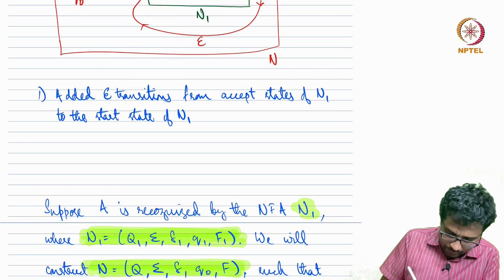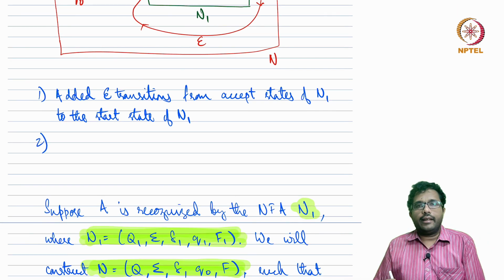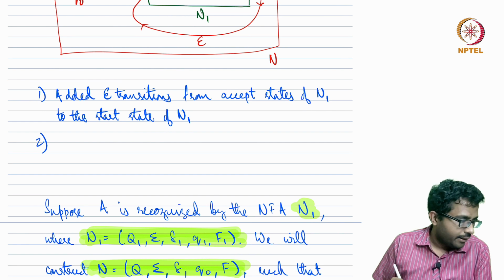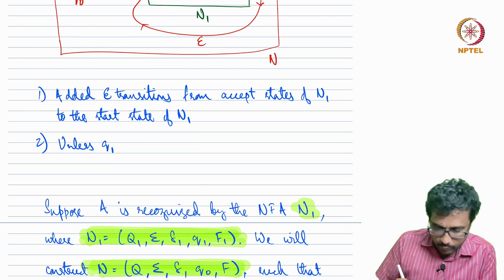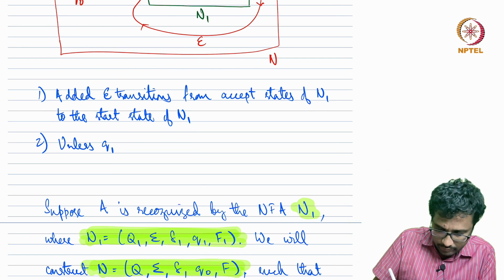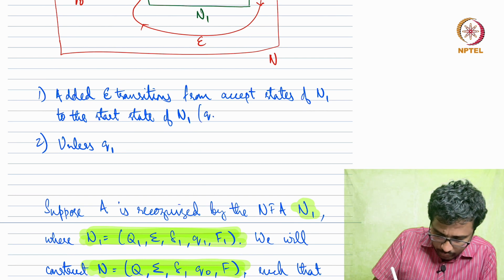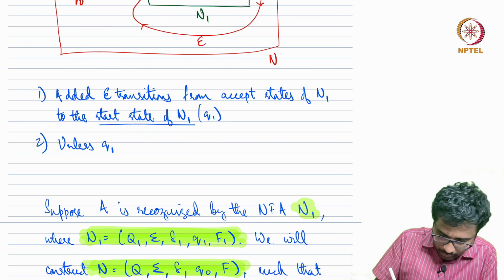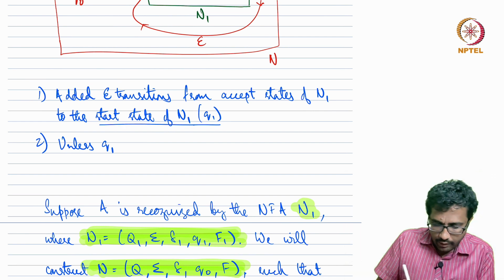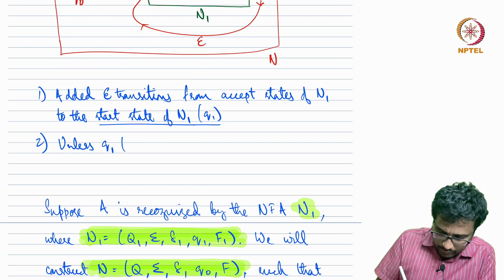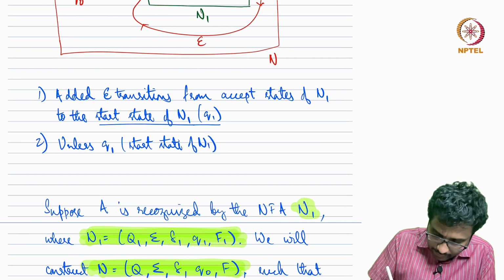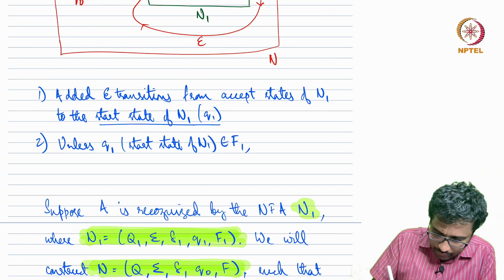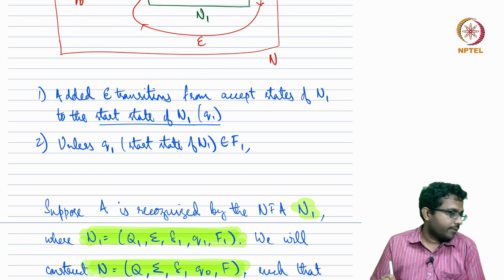And second, to ensure that the empty string is in the language: the start state of N1 is q1. Unless q1, the start state of N1, is an accepting state of N1, where F1 is the set of accept states of N1,